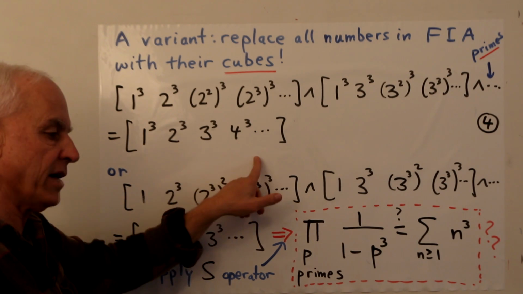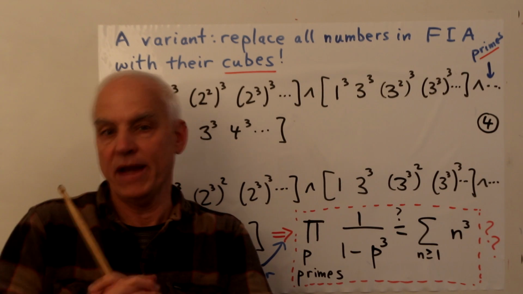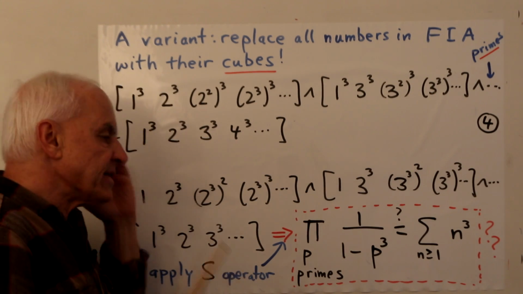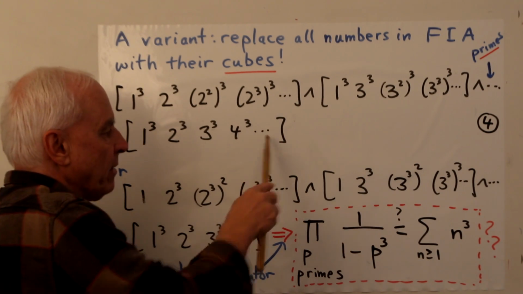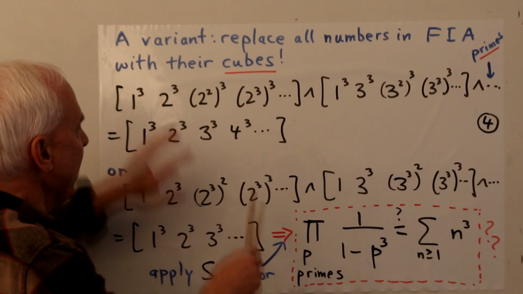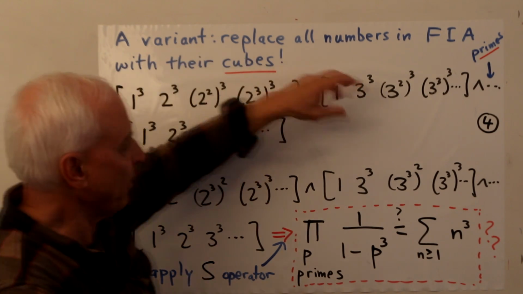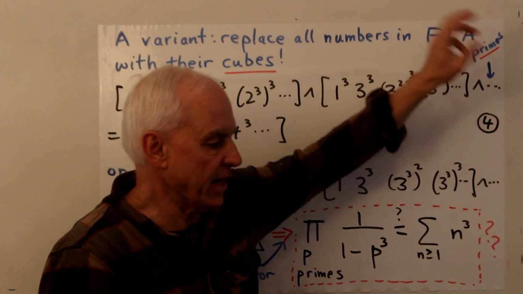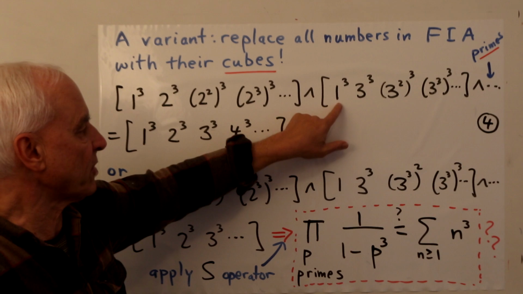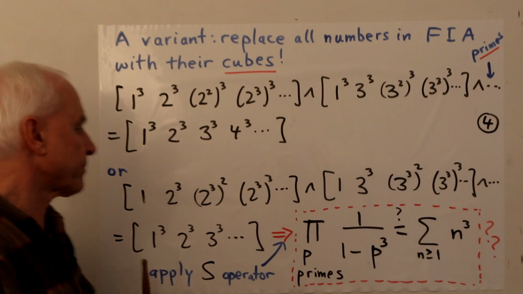And on the right-hand side, we just get the m set consisting of the cubes of the natural numbers. And again, the meaning is the same as before. If we take any one element in here, then it's obtainable in exactly one way as a product of something in this first box times something in the next box times something in the next box, etc., where most of those product constituents are ones and only a finite number of them are not.